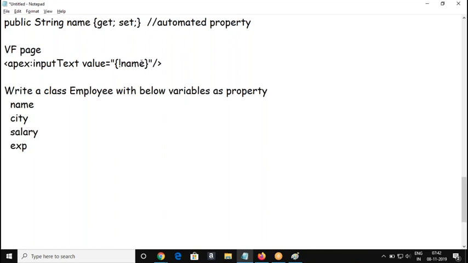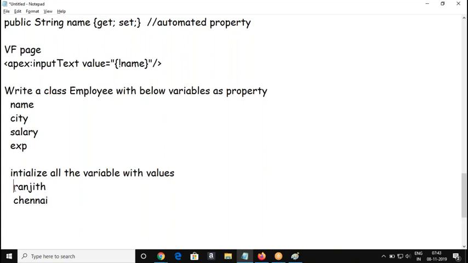Got me? So try to do this and initialize all the variables with values. Some values initialize, right? You take your own value.